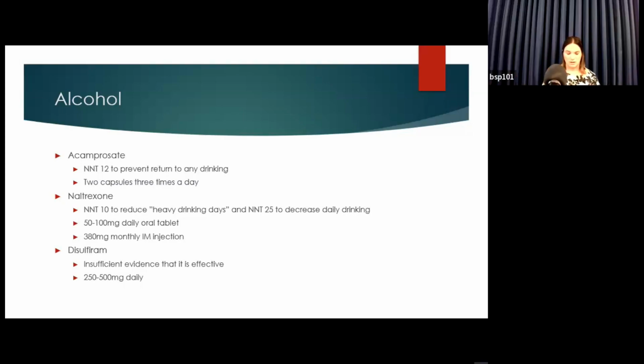The other thing to keep in mind with alcohol use disorder is that Alcoholics Anonymous and other peer support groups are very evidence-based and can match medications in terms of efficacy. This isn't like going to the church basement AA and sitting in the back and not talking to anybody. This is going, getting a sponsor, actively engaging. People who do that and build a community around sobriety tend to have much higher success rates than people who do not. So if you have a patient who isn't interested in medication or is on the fence, encouraging them to just go to an AA meeting and see what it's about, and feel awkward for an hour, is worthwhile.